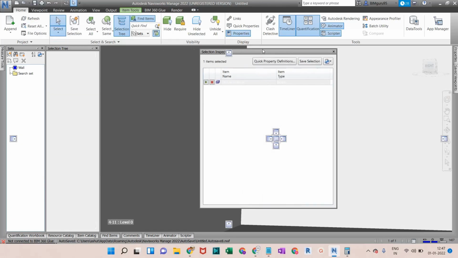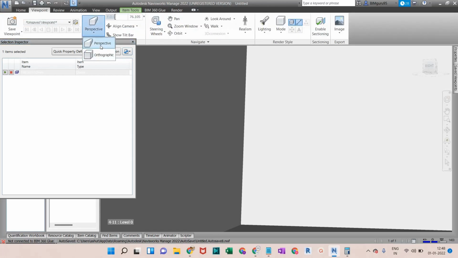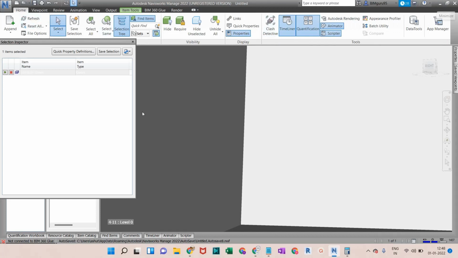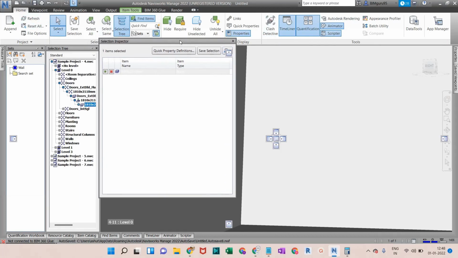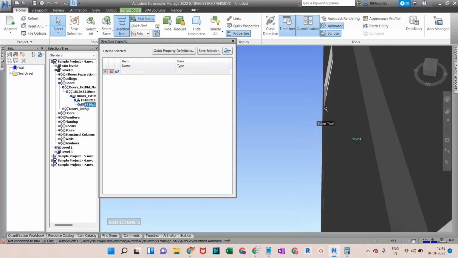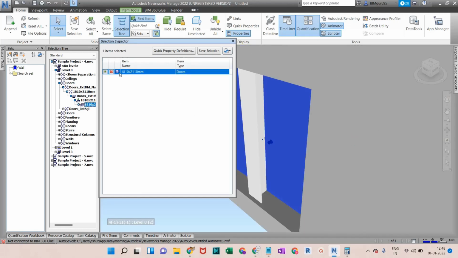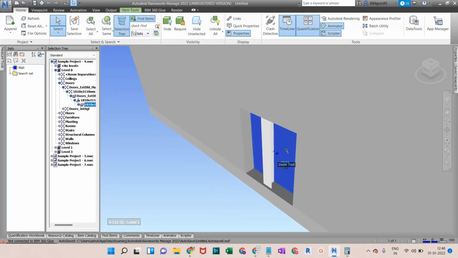I guess I changed some settings before jumping on the session. I'll go with perspective, that's fine. It works, I guess. If I go right there again, select that one, yeah, it shows. I am not sure why it was previously not showing. So that's how it will work. Otherwise you can directly click on hide unselected and it will be shown right there. So there are multiple ways of doing that, no worries.